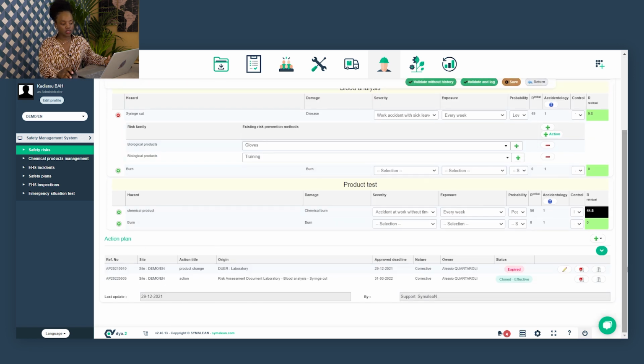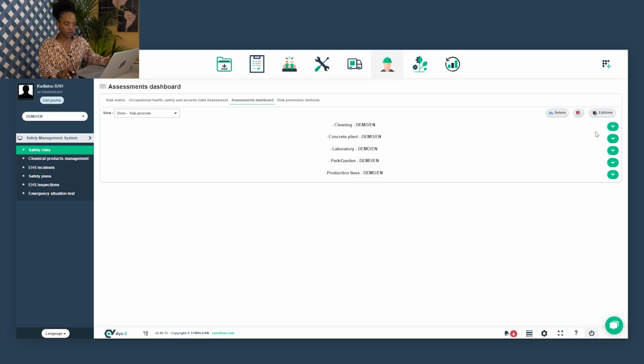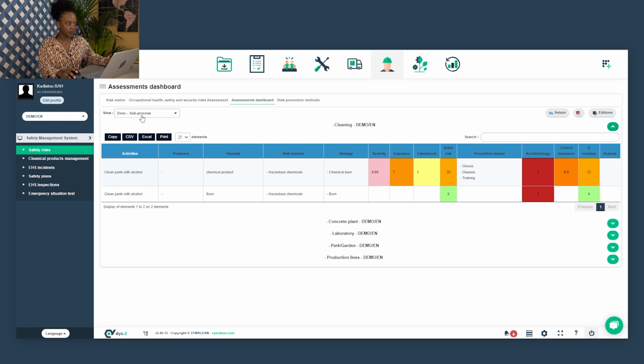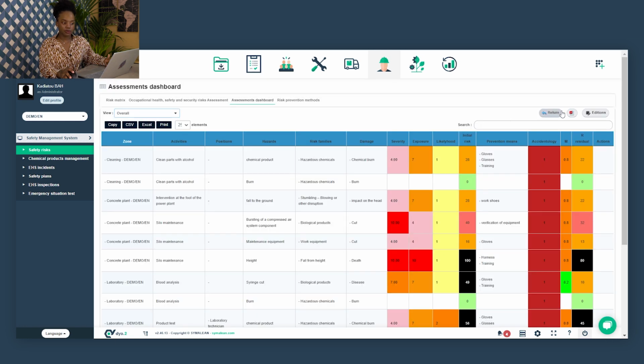And then down below, I can also add an action plan to this assessment also, and view them all down below. After doing this, you will have the third tab, which is the assessment dashboards, where you can view all your assessments with different views, either overall, you have working phase, by zone and sub-process, or by damage. So here, for example, let's choose an overall, and then I will be able to view it in PDF format also. So if I just download the format,